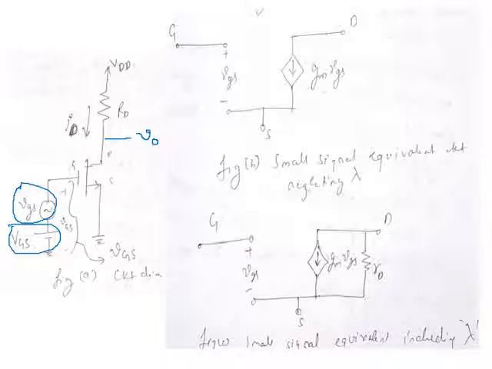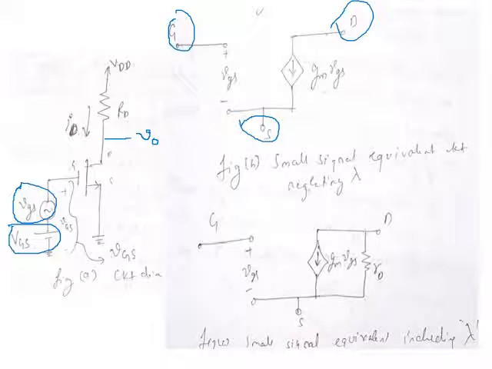As you all know, the MOSFET has very high input impedance because of the input oxide layer, the silicon dioxide layer. So you can see there are three terminals: gate, drain, and source. Between gate and source there is very high input impedance. This is because of the silicon dioxide layer which I discussed in the introduction to MOSFET lecture video. Fine. So the gate to source has essentially infinite resistance, that is the input impedance, right? That is why I am replacing the input side by an open circuit.